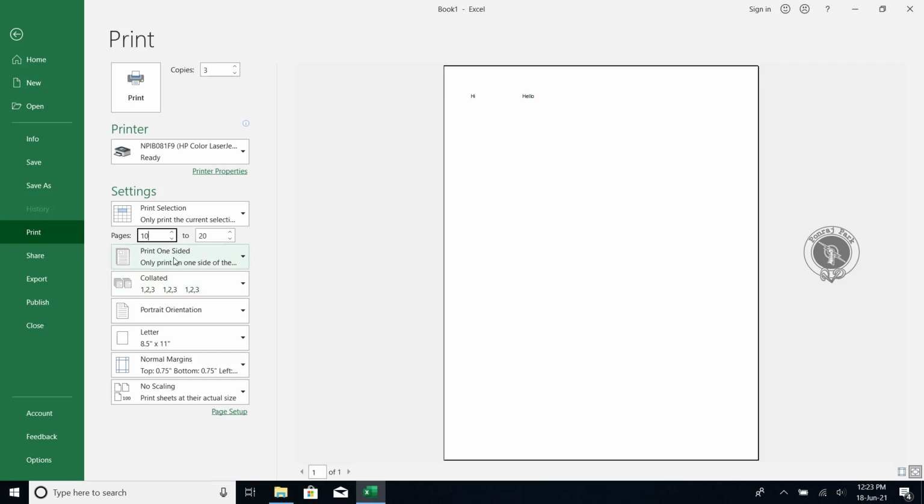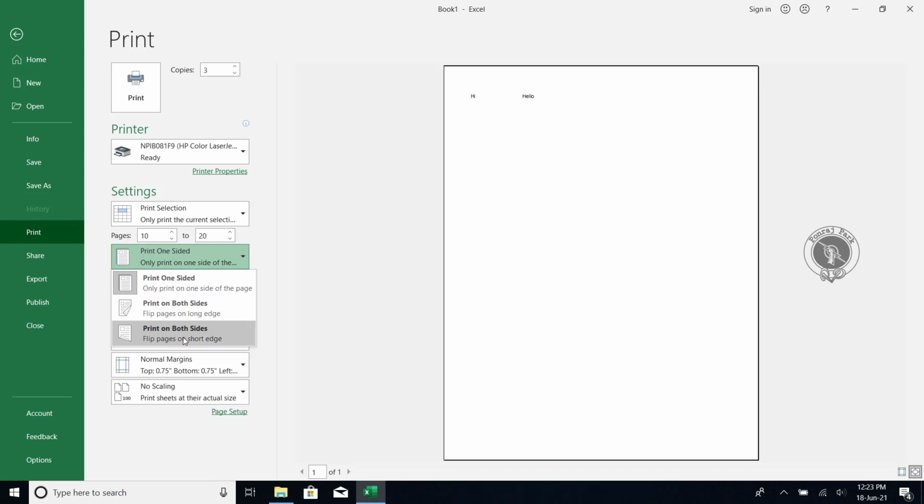The next section is how it will get printed, like one-sided or two-sided. Two-sided has two types. For one-sided, as you know, only one side gets printed and the other side stays blank. For printing on both sides, it will print on the front side as well as the back side. For both sides you have two types, one is long edge, another is short edge. Long edge is normally our book printout, where each paper has printouts on both sides.